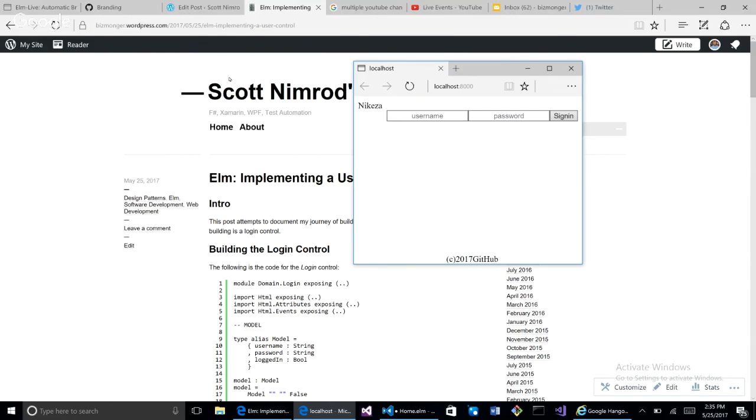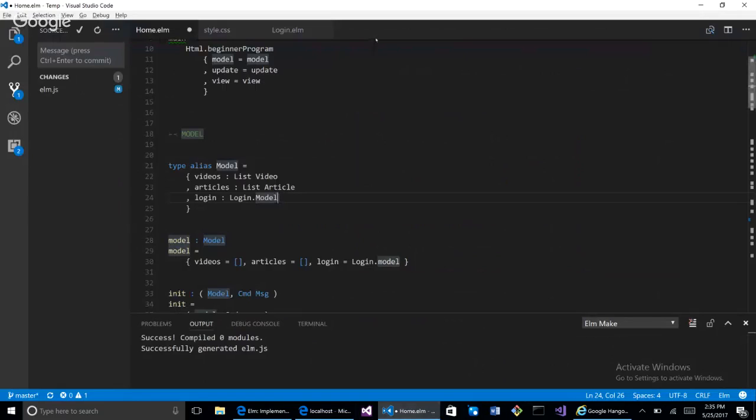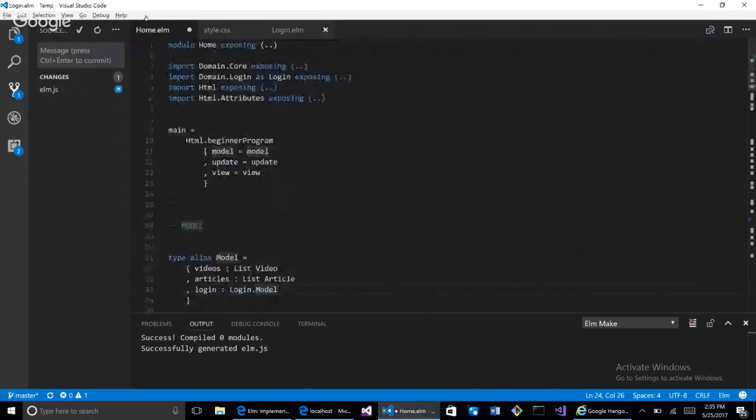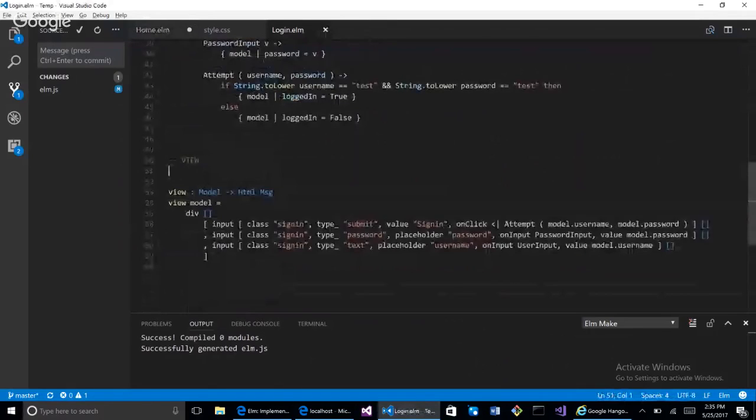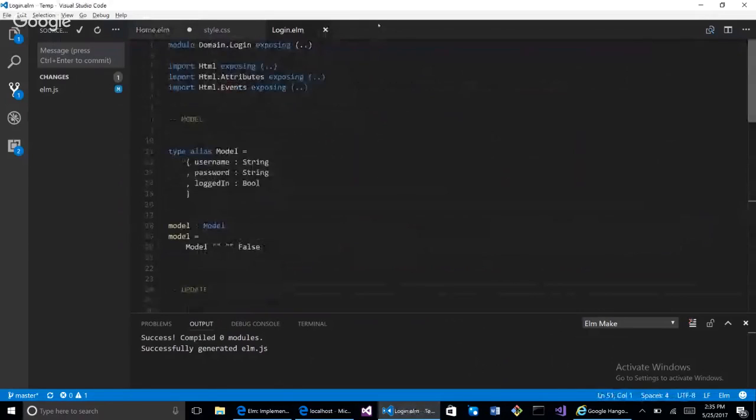This was important for me to learn. And in my blog post, I have the code for it. This is the login control. I have this Domain.Login, though maybe domain is not the right word. Maybe I need to create a separate folder called UserControls and then this Login module. I think I'm probably going to do that next. But